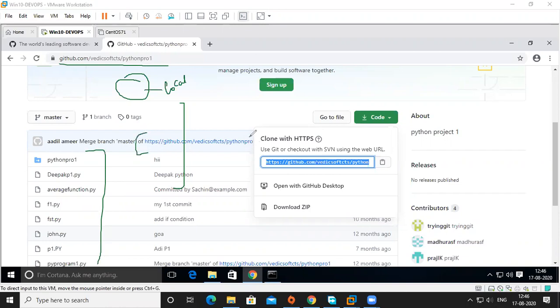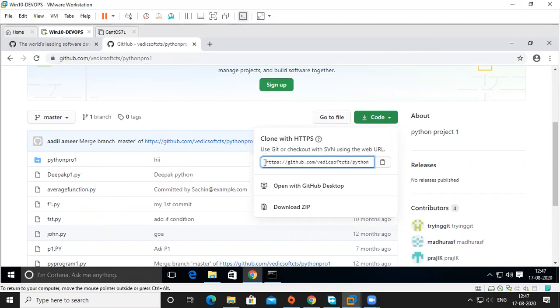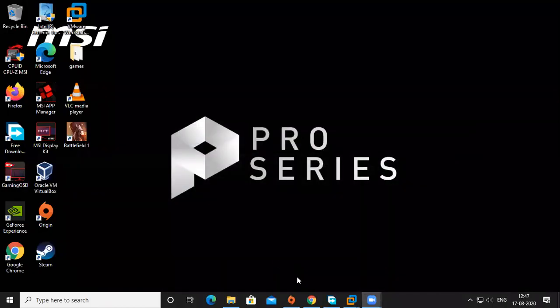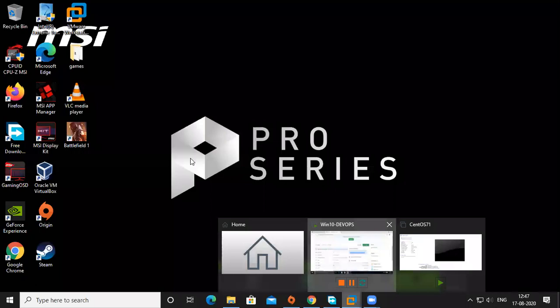This is the master branch link. Okay, you can see this link. Just copy and get it. So how to get from there? Initially we don't have it. So what I'm going to do is copy this one and clone it. So I no need to log into that one. Very simple, I am able to get this.